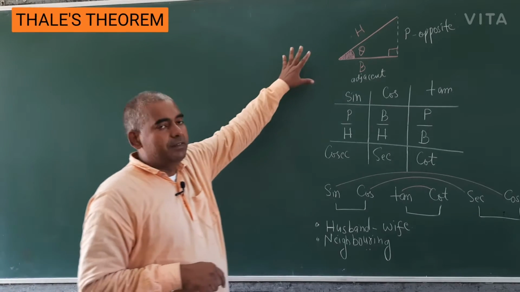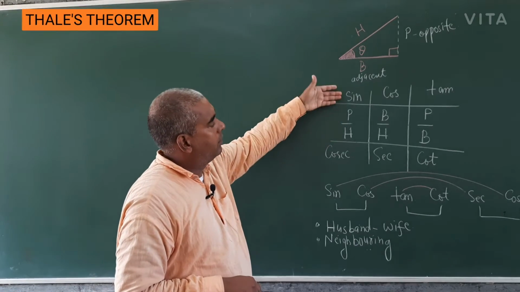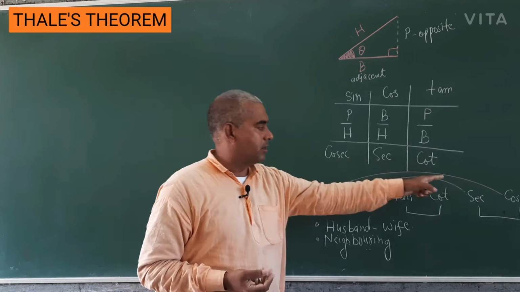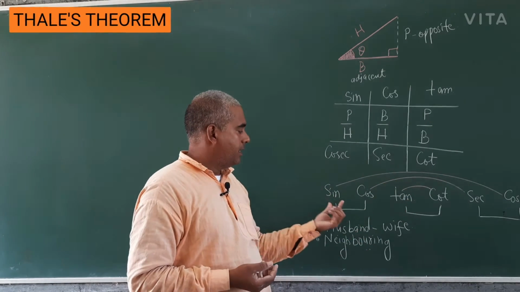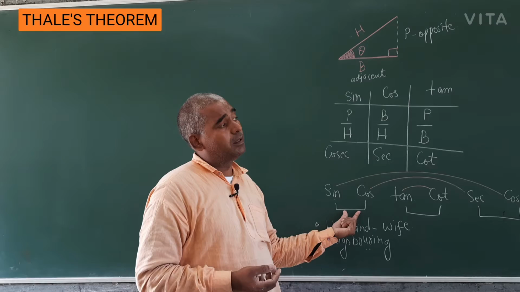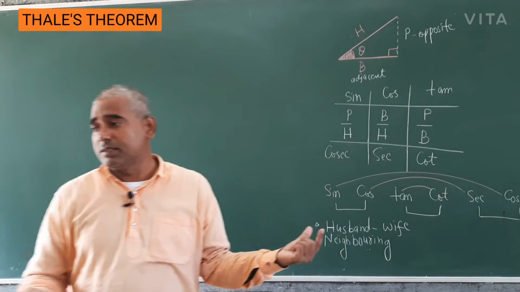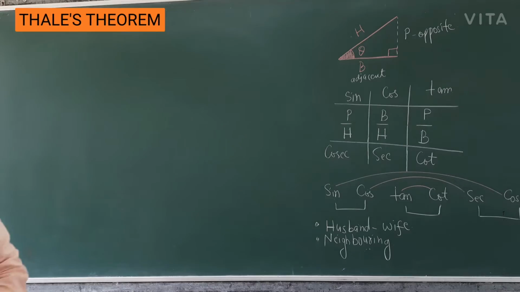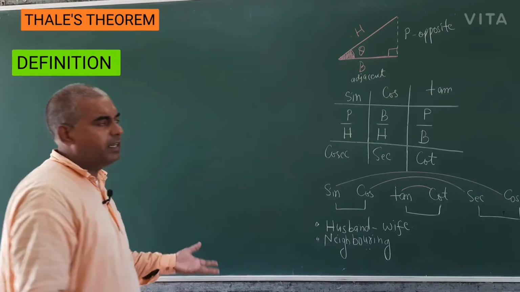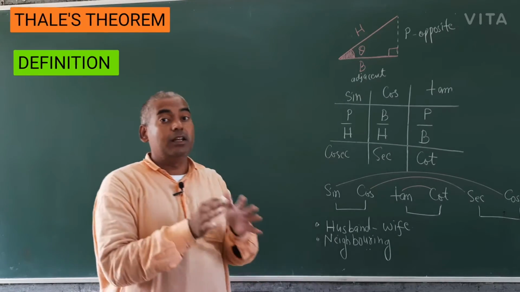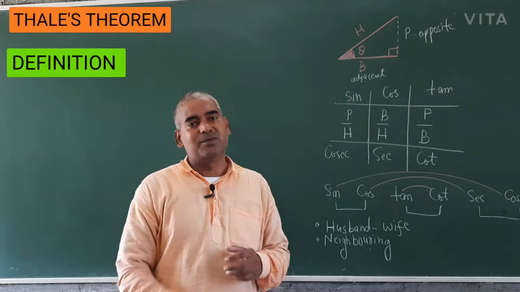In 8.1 we have read definitions. These were the definitions. And we have read this also, husband and wife, whatever inverse relations, sine and cosec, cos and sec, like that. In 8.3 it was complementary angles. In 8.2 was values of sine and cos. So we have read 0, 30 degree, 45, 60. It has taken a lot of time to derive all the values.